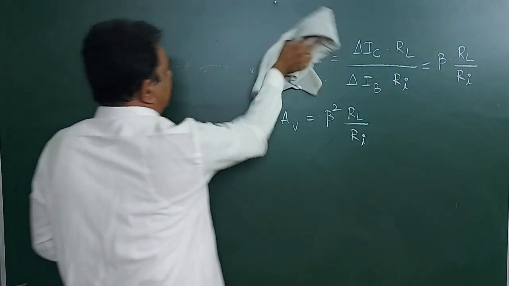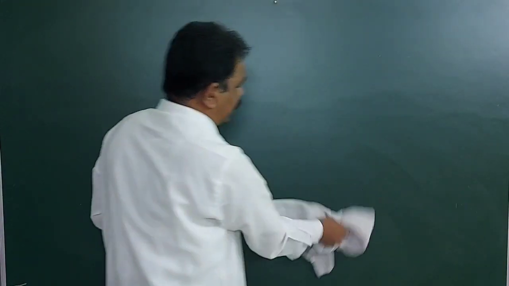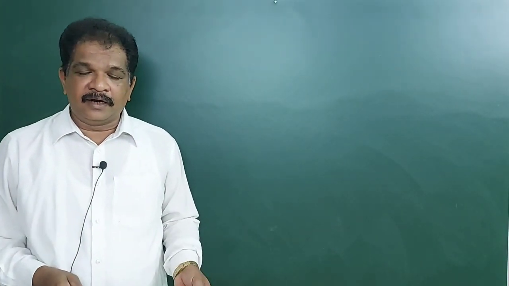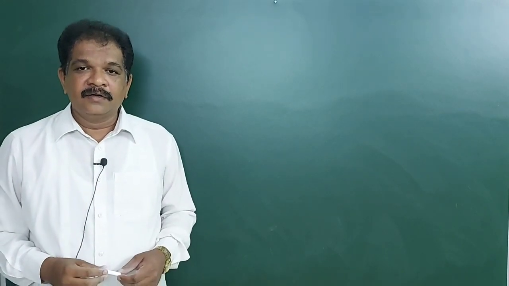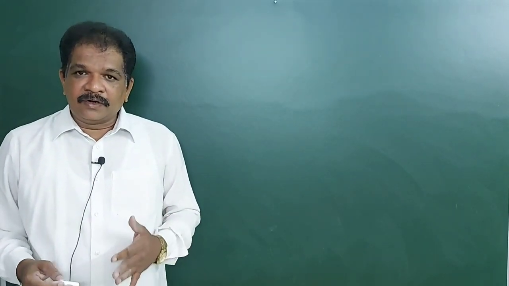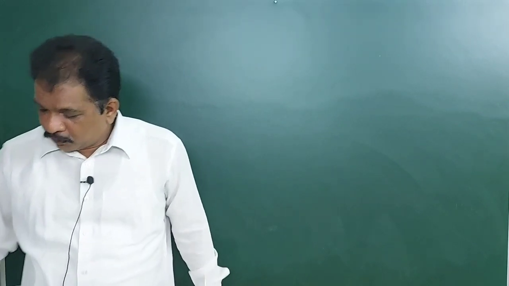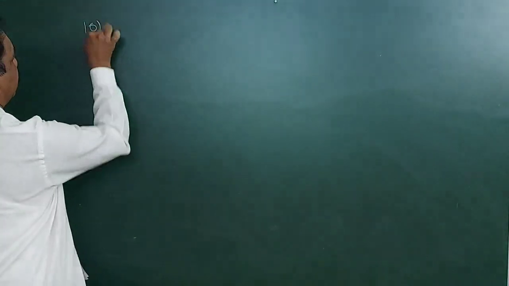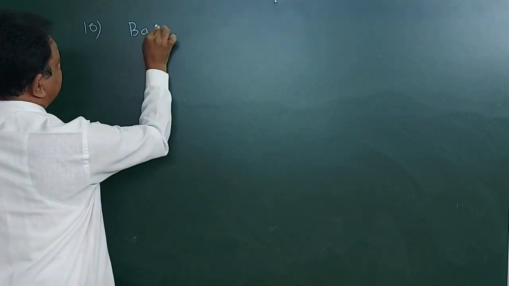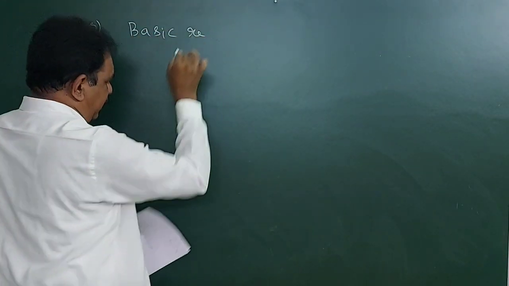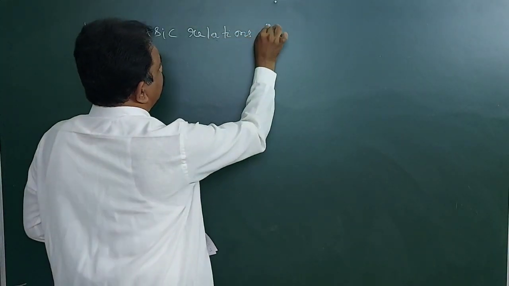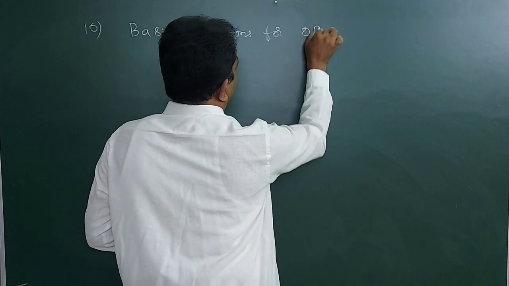gates will be there. Gates will be very simple, all of you know. What are the gates? OR gate, AND gate, NOT gate, NOR gate, NAND gate, XOR gate. So like that different gates will be there. Some basic relations we will write relating to gates. Basic relations for OR gate.